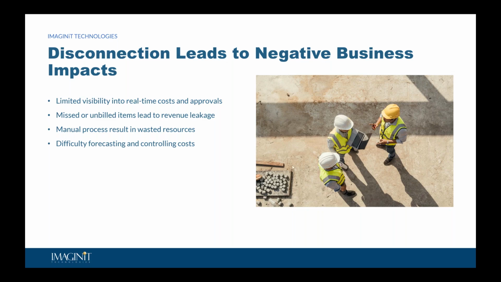And then finally, the largest impact is on forecasting and cost control. When the data is delayed or incomplete or inaccurate, project leaders are forced to make guesses, and those guesses increase the risk of blown budgets, strained client relationships, and surprises that we don't really love at the end of a job. So the story is pretty clear for us. Disconnection is not just an inconvenient thing, it also directly affects profitability, predictability, and the ability to deliver projects with